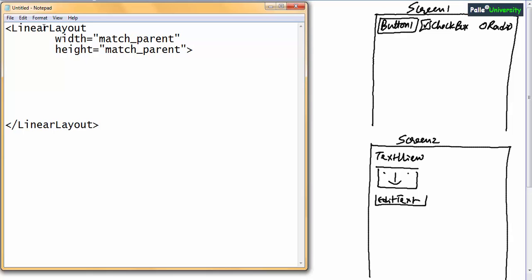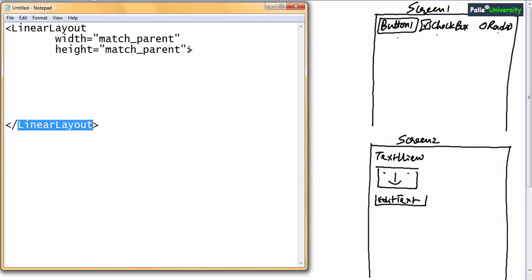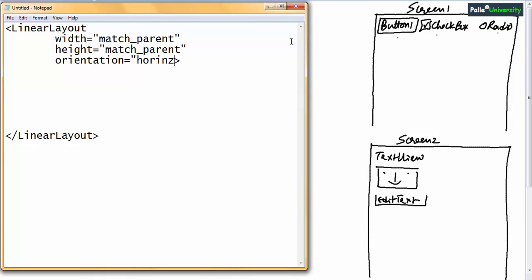I am taking the root element as linear layout and I am ending that root element here, and within this root element we have to take three views: button, checkbox and radio button. Now do I have to specify the orientation property? Not required. By default it is horizontal orientation, but still that is optional. If you want, you can take orientation equal to horizontal.